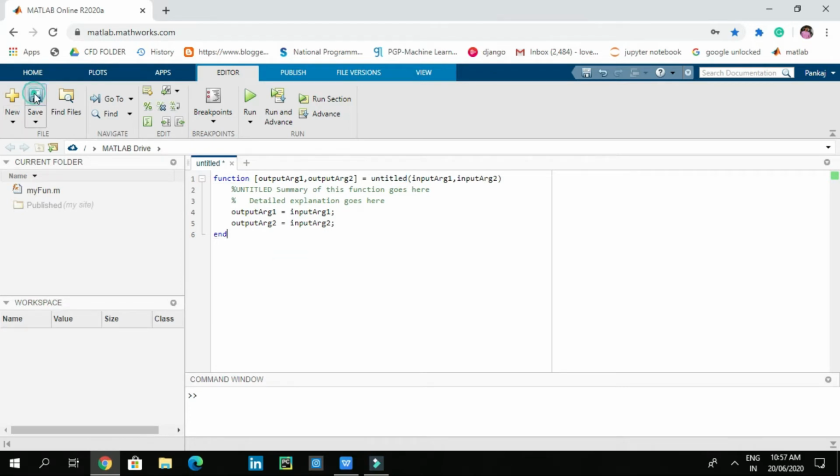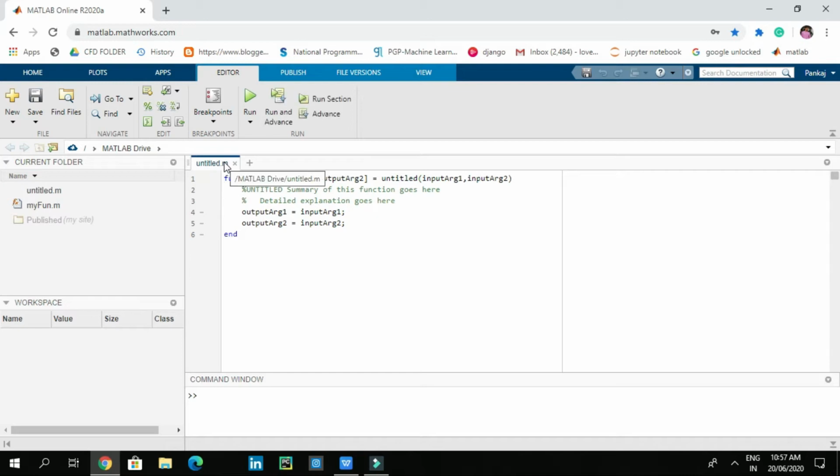So let's save it. Okay, so this star is gone, which means our file is saved. So this is the name of the function, and here in parentheses you can give input arguments, as per your requirement, one or more than one.